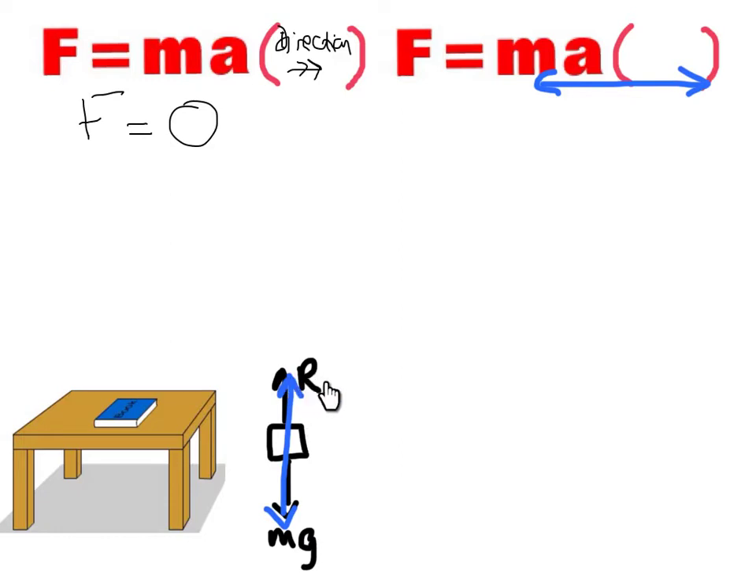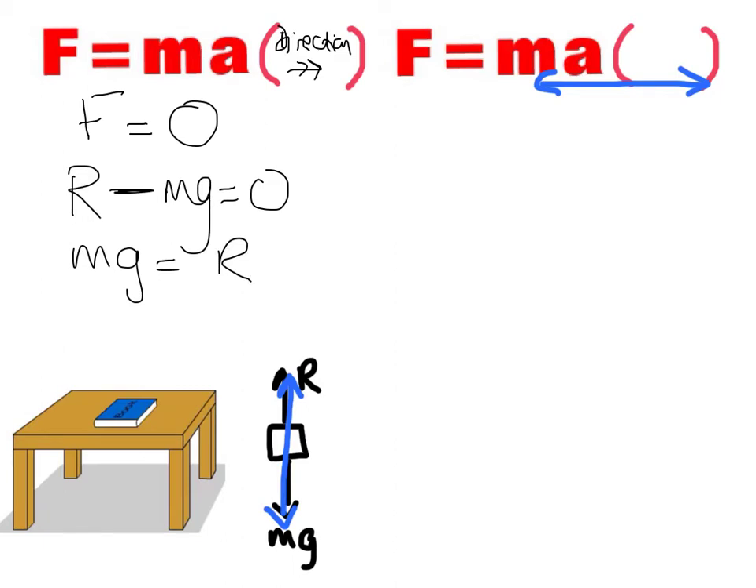So up is positive, so up I've got R, that R is pushing the book up, and then minus, down I've got mg. R minus mg equals 0. Now this makes sense, because if I put the mg on the other side, mg equals R, or if I'd done it the other way round, if I'd said down is positive and up is negative, that would have given me mg positive minus R equals 0. And these are all the same, obviously. As long as they're opposite signs, they're going to give you this equation here, mg equals R,